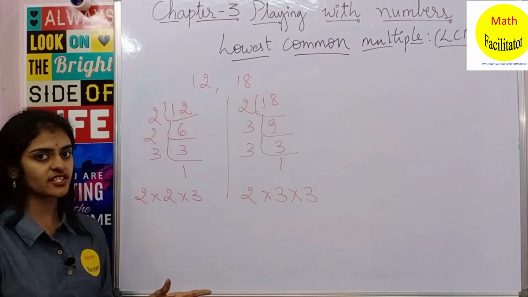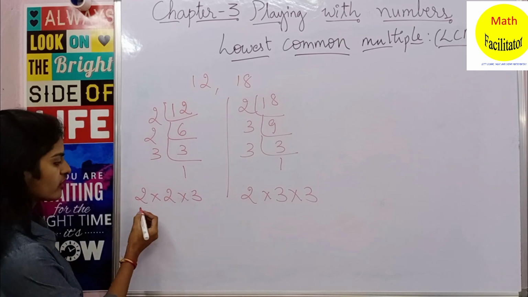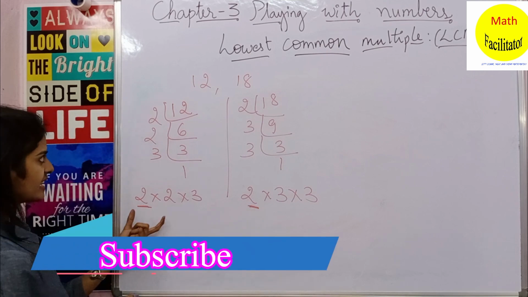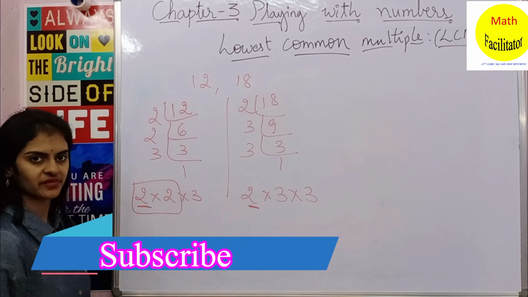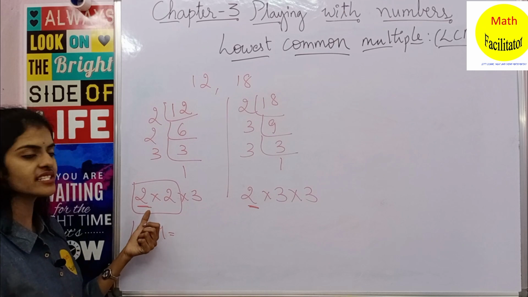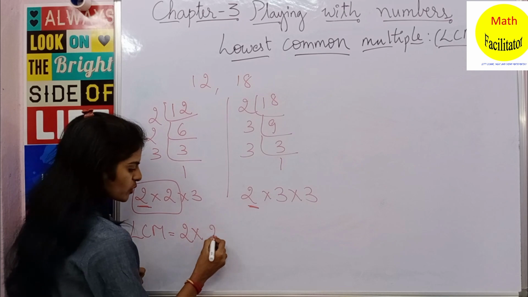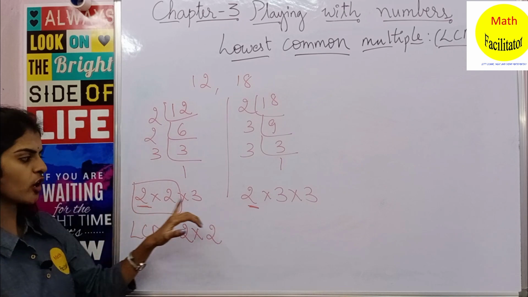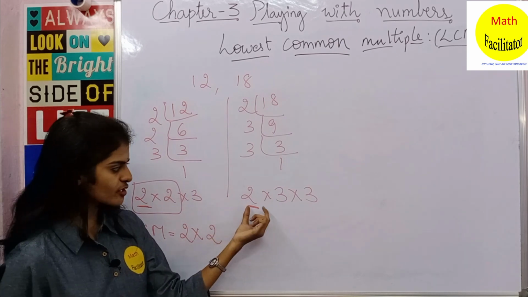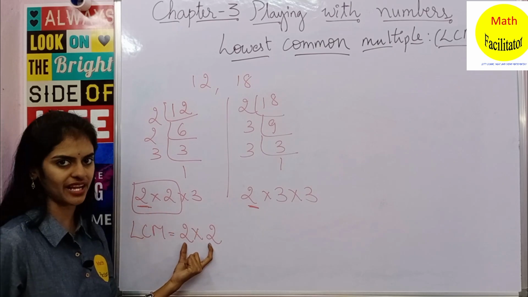Now, since we are finding the multiples, we check for the common multiples. Here you have 2, here also you have 2, but here in this case you have 2 two times. So for LCM, we take the highest number of times the number is repeated. So here 2 times is highest, so I am writing 2 two times. Why? Firstly, you find the common multiple. Here you have 2, here you have 2, but in this case 2 is repeated only one time and here it is repeated 2 times. So I am taking the maximum number of times.